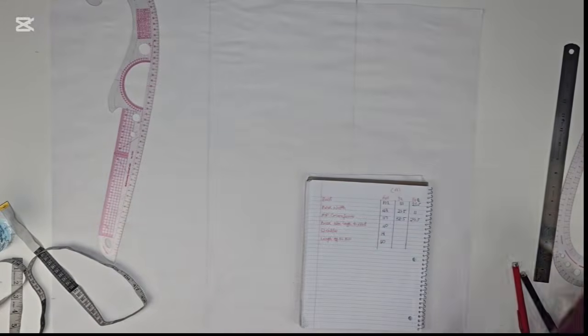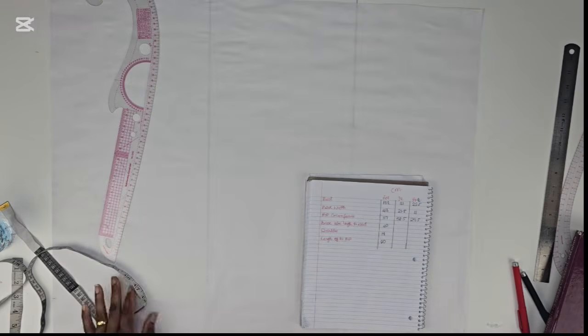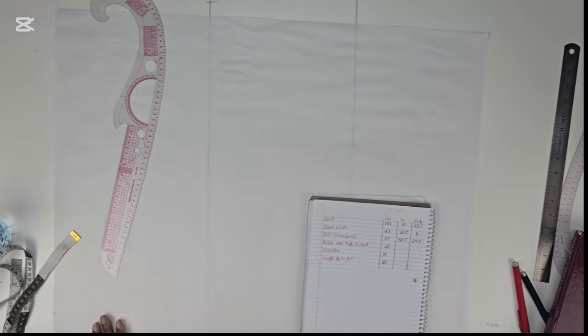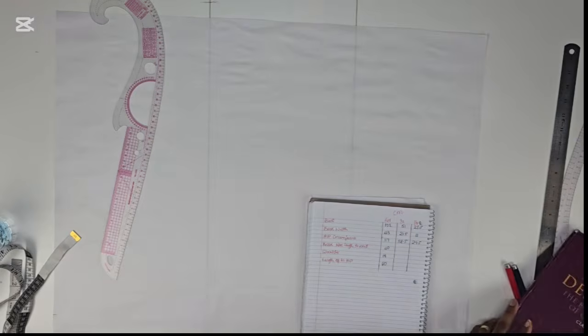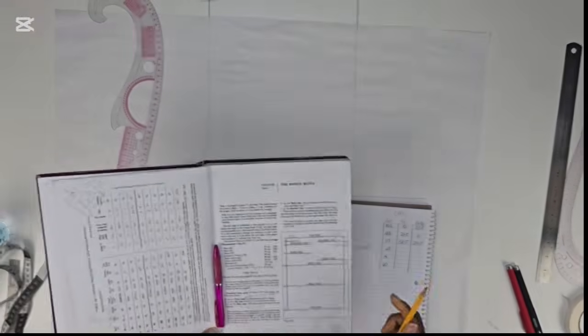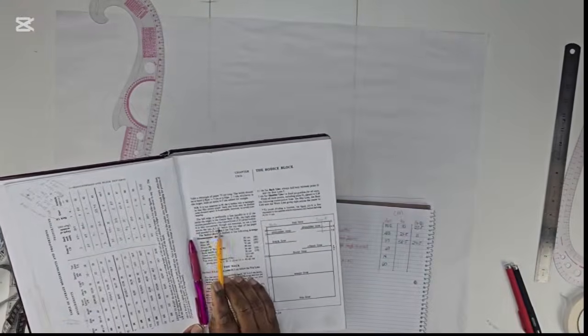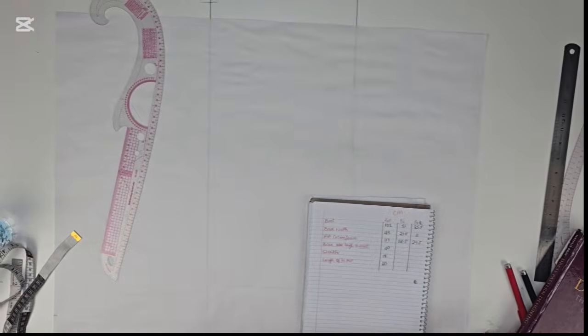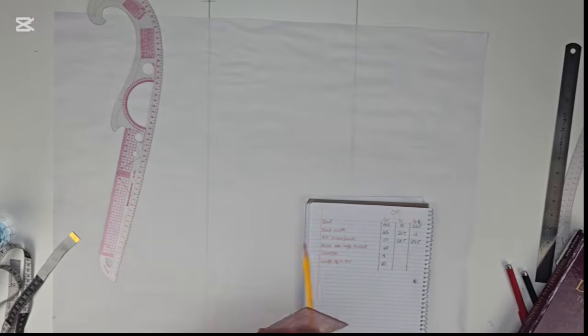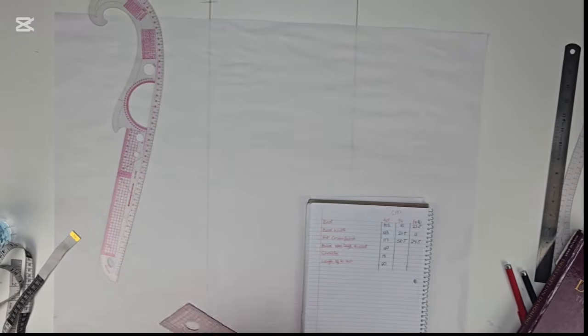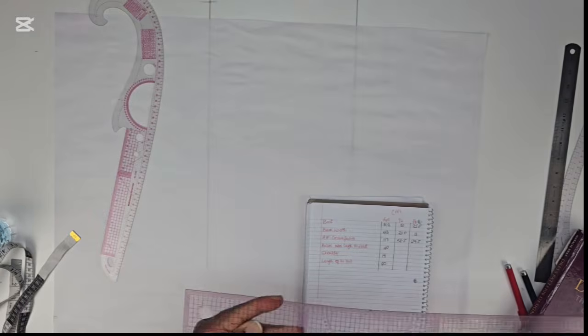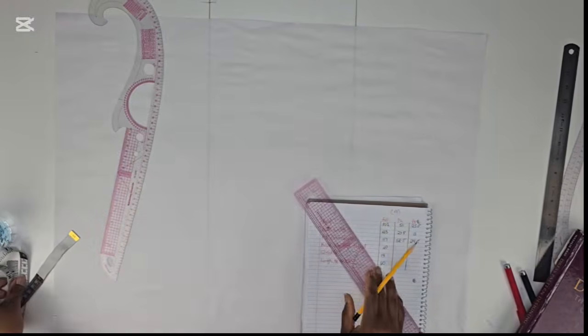But we need to draw our margins now. So we are starting with the top line, okay? For the top line, we were told to leave 2 to 3 centimeters. So I'll be doing that, 2 to 3 centimeters. So in this case now, I hope you can see this. If you can't, this is 2 centimeters, this is 3 centimeters,